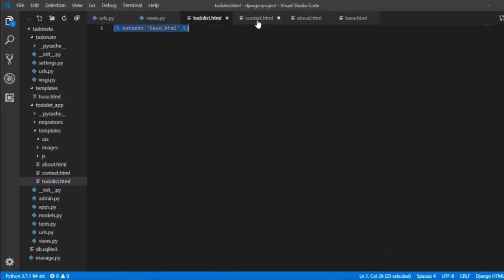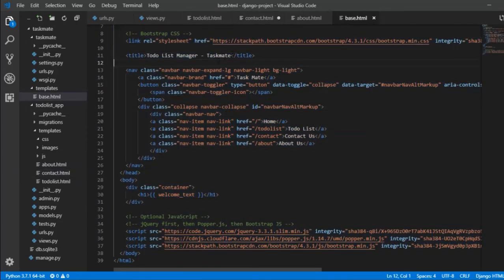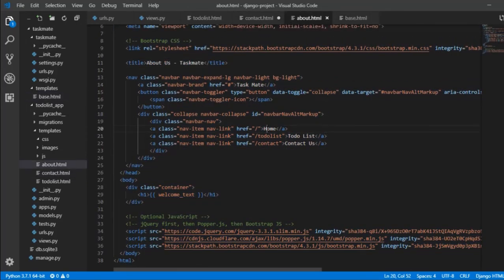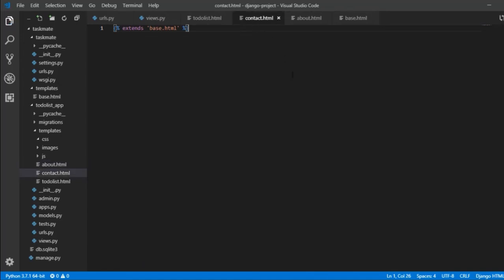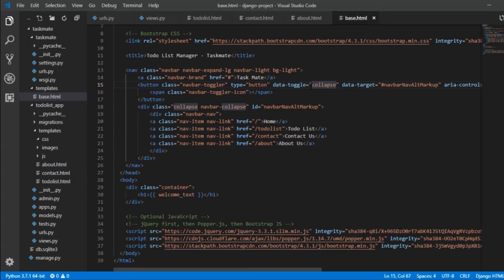So here if I import my base.html inside my contact page also, this is going to remain the same for the contact page, also for my about us page. So how do I solve this problem? This can be done with Jinja. As I talked about at the earlier stage, Jinja helps us to use Python commands in HTML.